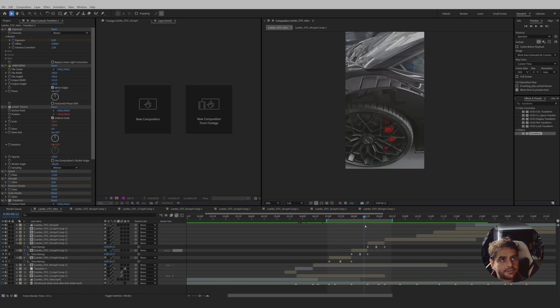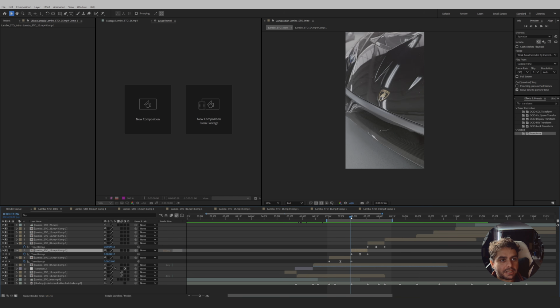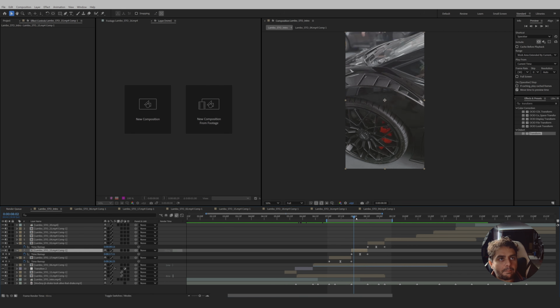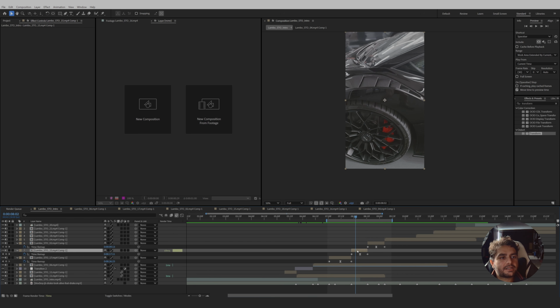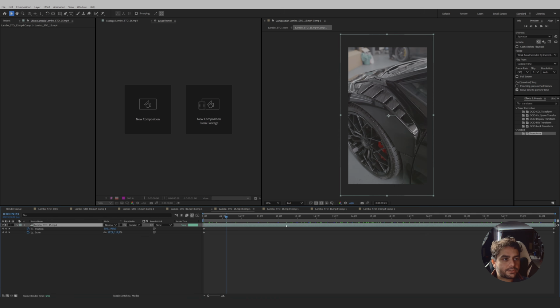I do notice quite a bit of shake here, but I know this shot hasn't been stabilized perfectly. So either I should redo it or just keep it as it is for this tutorial. But essentially it was just increasing the size of the stabilization and making sure that point stays where it's supposed to be. So yeah. So if you want to stabilize it even further, you can always jump into this shot,